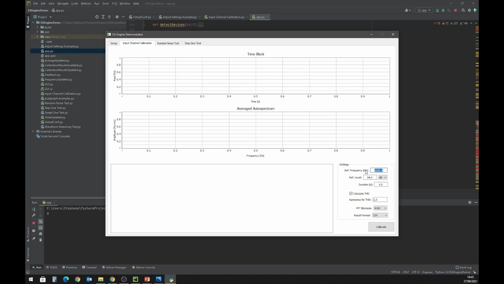Here you can set up the settings directly in the user interface. For example, I would like to work with 1 Pascal RMS instead of 94 dB. Duration, do I want to calculate THD? The block size, the results file format. And if I press calibrate,